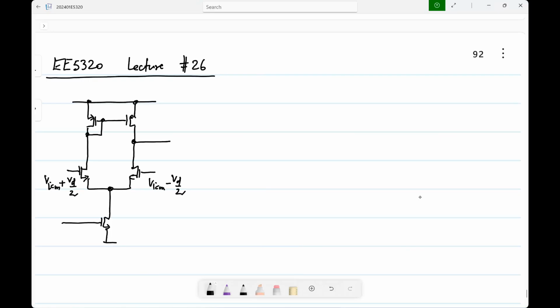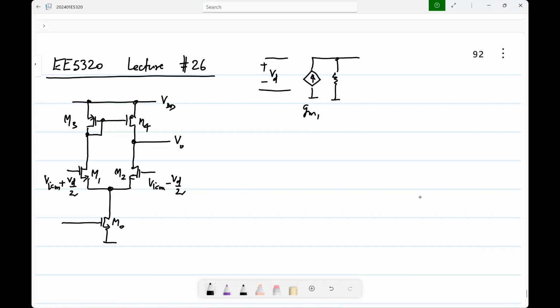So if I bias the inputs at some VICM, and the large signal output, the total output, will be VO. We know that the small signal equivalent of this whole thing will be a differential input VD with a transconductance, which is the transconductance of M1 or M2. Now, if you have, as you will, some load capacitance here, and then some parasitic capacitance there,